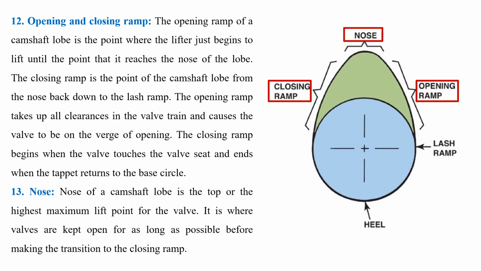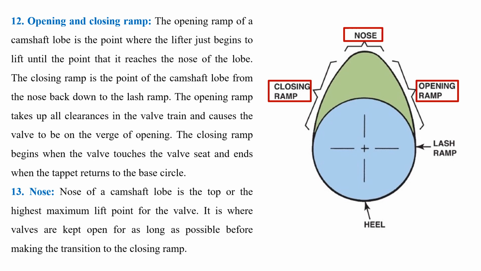The opening ramp of a camshaft lobe is the point where the lifter just begins to lift until the point that it reaches the nose of the lobe. The closing ramp is the point of the camshaft lobe from the nose back down to the lash ramp. The opening ramp takes up all the clearances in the valve train and causes the valve to be on the verge of opening. The closing ramp begins when the valve touches the valve seat and ends when the tappet returns